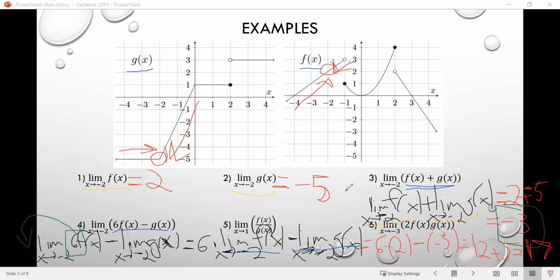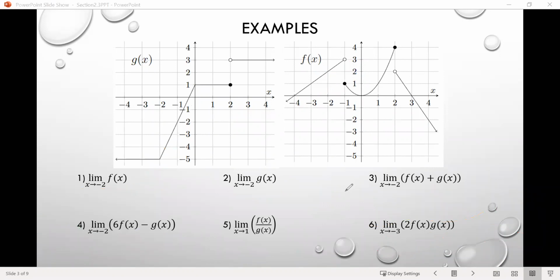All right, I'm going to clear out my drawings just to get a more clear view here. Let's look at number 5 now. So we have the limit as x approaches 1 of f of x divided by g of x now. So again, thinking to our limit laws, we saw that when we have the limit of two things being divided, we can write that as the limit of the top thing